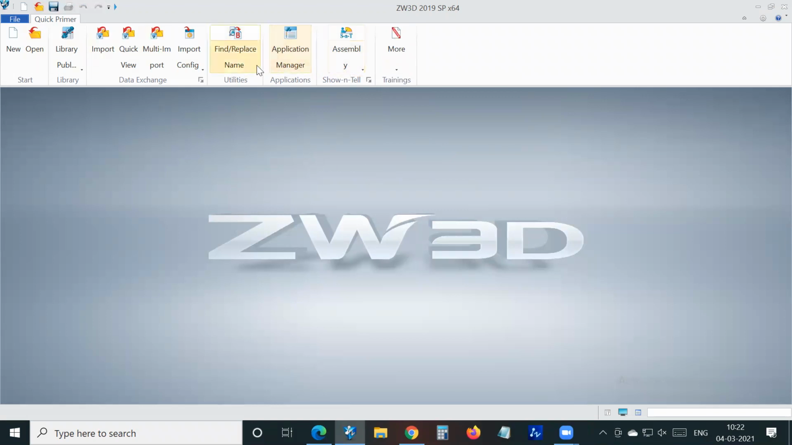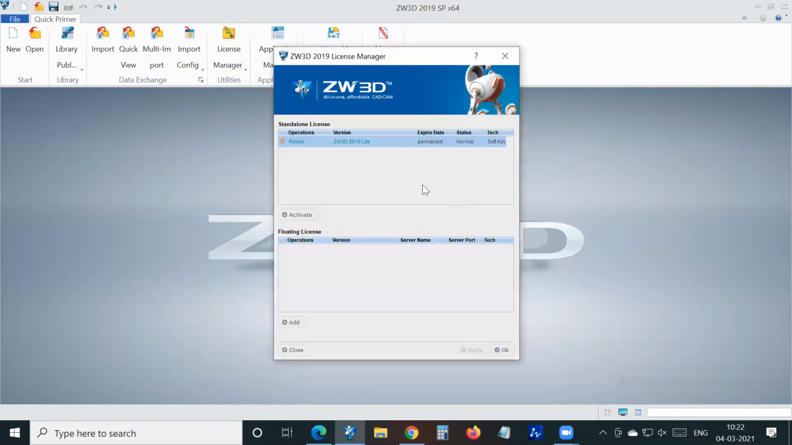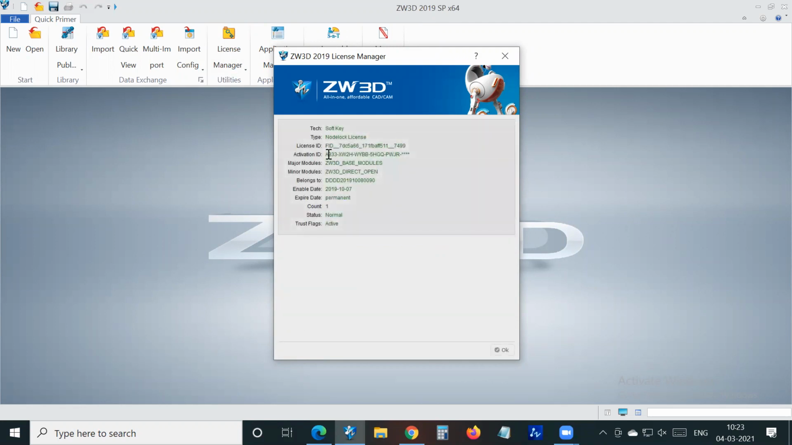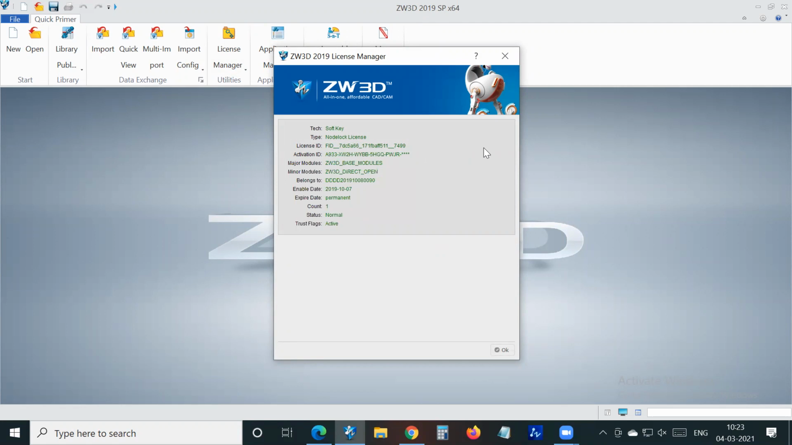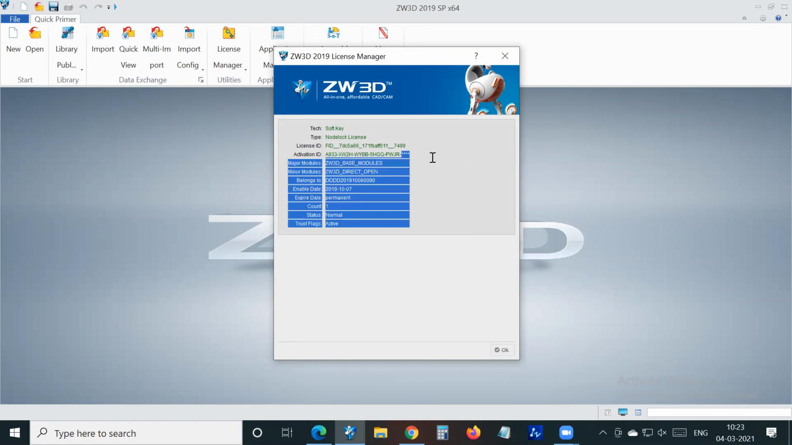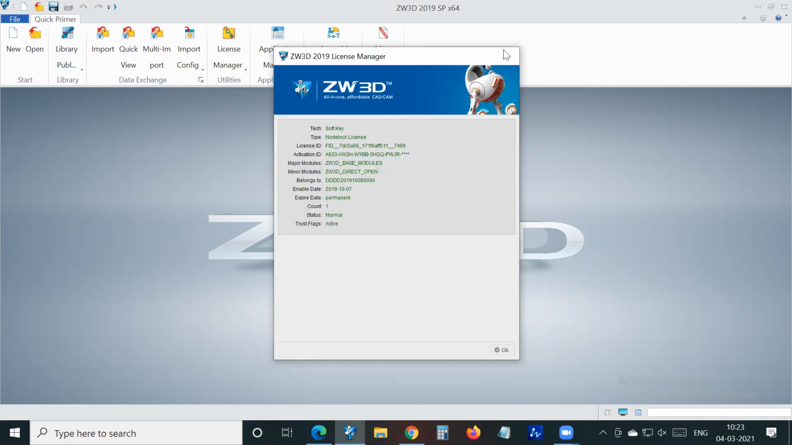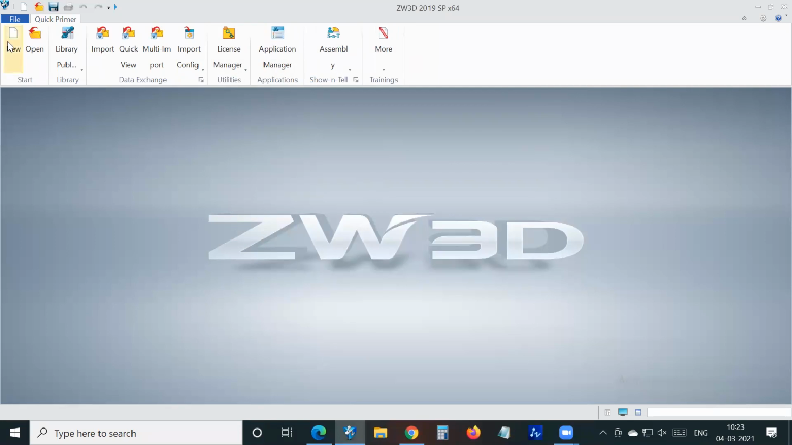And next is the license manager. License manager basically, if you want to transfer this to another machine, you can use this license manager. Return license online, and it will show your license. This last 4 digits you can ask your IT team or your purchase team. They will provide. Okay, next, come to the